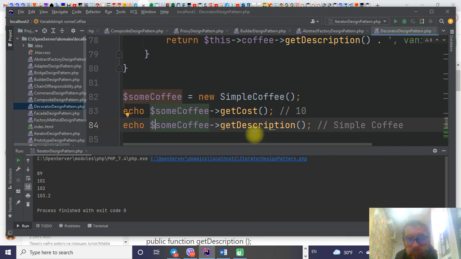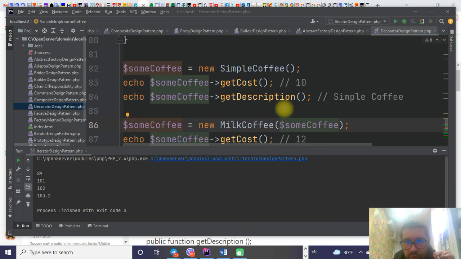Then we are creating the object milk coffee, and inside this milk coffee object, we are passing the object simple coffee as an argument. Then we print the methods get cost and get description of milk coffee, with the updated price,